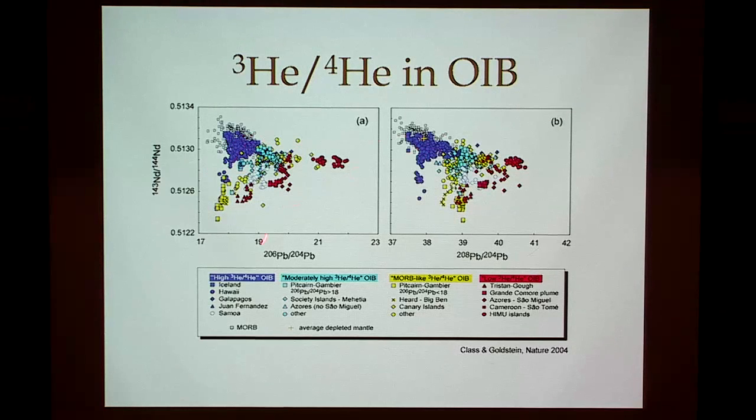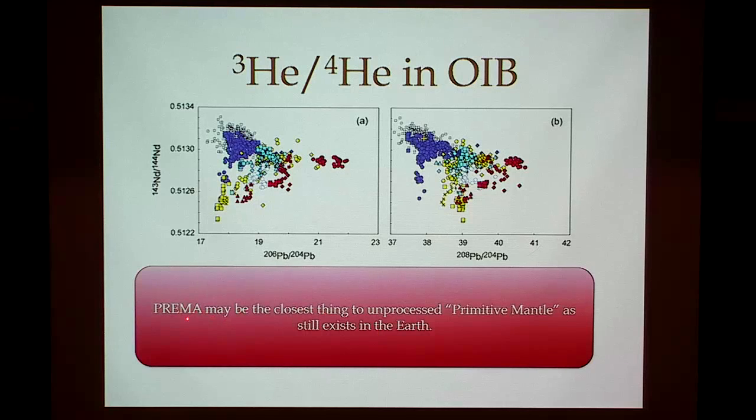And that more or less, this is the plot I showed you, the neodymium isotope ratio. This time it's written as the isotope ratio rather than epsilon. Let's see, epsilon 0 is right here. But you can see that this more or less corresponds with where PREMA was in those other diagrams. So it seems that PREMA may be the closest thing to an unprocessed primitive mantle that still exists on the Earth. Doesn't quite perfectly match what we expect primitive mantle or bulk silicate Earth to be, but in many ways it's close. What are the open symbols